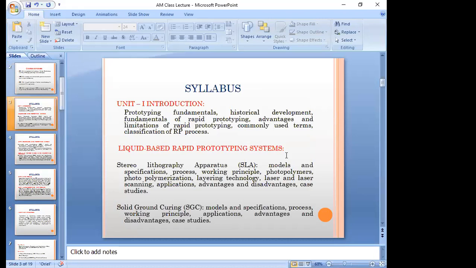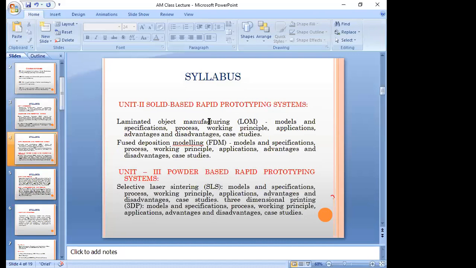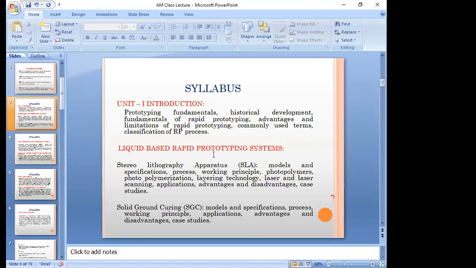We have some advantages and limitations for each process, and some particular processes, such as the SLA technique, where we upload CAD models to the stereolithography apparatus, solid ground curing, and laminated object manufacturing. These are the various types of manufacturing.